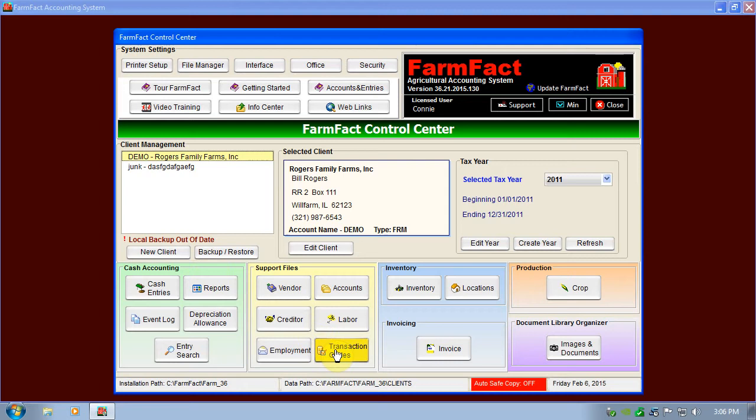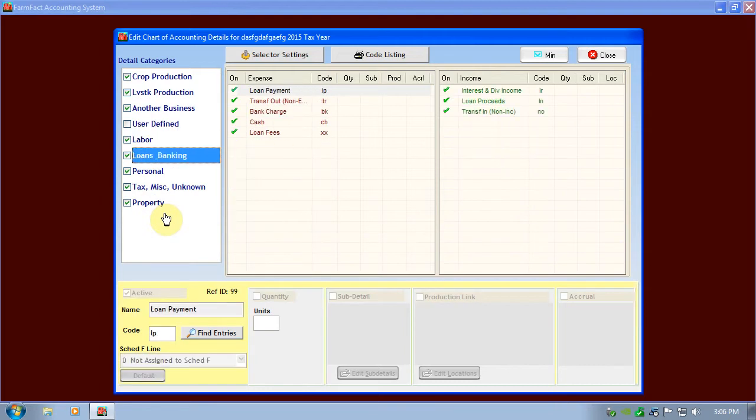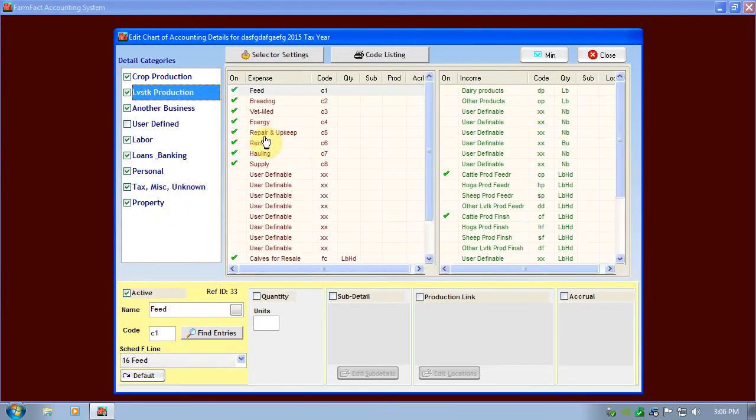cash accounting, and there's a little bit about the way the transaction codes are set. When you create a new client, as we did earlier and established this client called junk, there's no bank, there's no vendors, there's no accounts, but FarmFact does begin you with a set of transaction codes. We break everything into categories first, so you don't have such a large list to choose from. We have crop production. These are like sub-records: crop production, livestock, other business. As I move up and down, personal, tax, property, you'll see that each one has its own miniature chart of